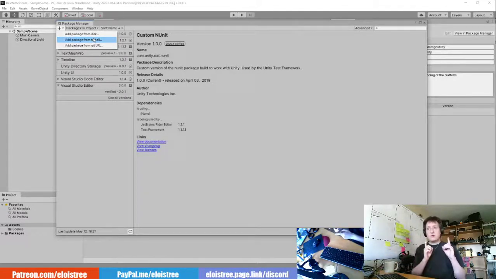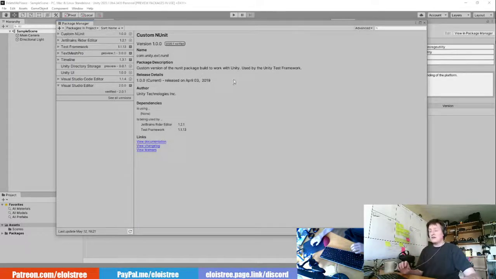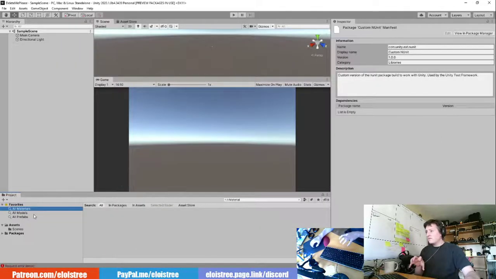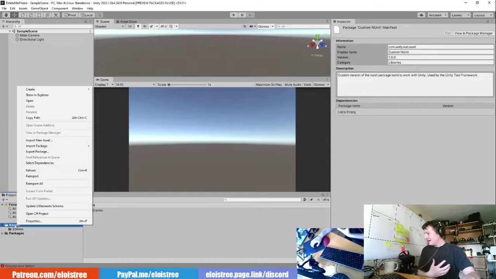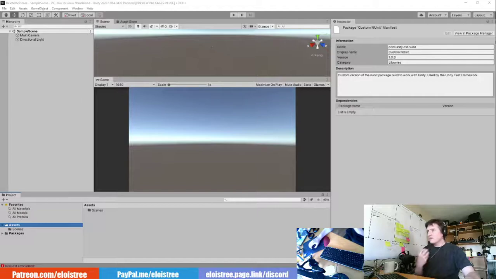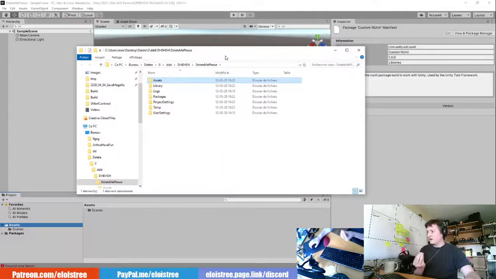So if you're working in the old version of Unity and not the 2020, and that's the case of my friend here, you don't have Git URL yet, because Unity is evolving all the time and did not add that to the old version. So how can you do that? The old way, it's basically you close the package manager, you right click here on the assets, you say show me in Explorer, so it will open your Windows project, the place where your Windows project is.